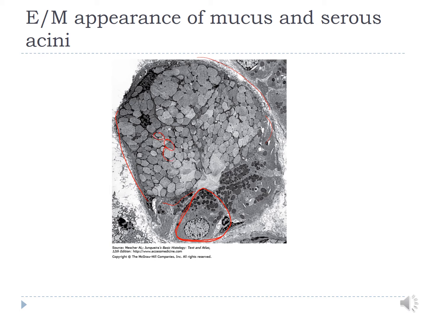Therefore, in an ordinary H&E stained section examined under light microscope, the apical regions of mucus cells stain poorly and appear to be empty. Now, electron microscope reveals that mucous cells contain mitochondria, a moderate amount of endoplasmic reticulum, but a very large, well-developed Golgi apparatus. So why do we need a very large, well-developed Golgi apparatus in mucous acini? Because the Golgi apparatus performs the important function of adding carbohydrates to the proteins synthesized by the rough endoplasmic reticulum to produce the glycoproteins of the mucus.